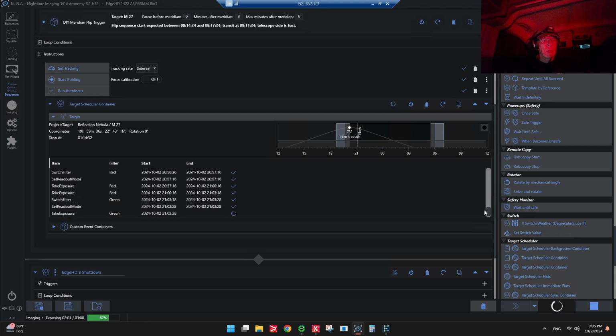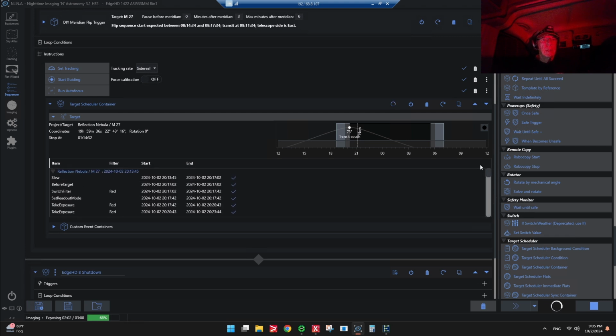It tracks all that, and pretty cool. So I know this target runs until 1:14 a.m. and so in a little bit here, when I get done with this video, it's about 9:05 p.m. I'll take a nap, and know that about 1:14 this target will be finishing, and at 1:37 the next target will be starting. I like to be up for the start of the next target in case there's any issues,